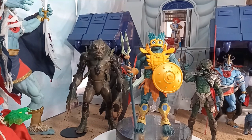Today I want to talk about this custom Merman that I did for Masterverse. I didn't like the way they had them before, where there was no gear on them at all. This is the first one that the Masterverse did. The head is totally different. I don't even know what that head is now, but